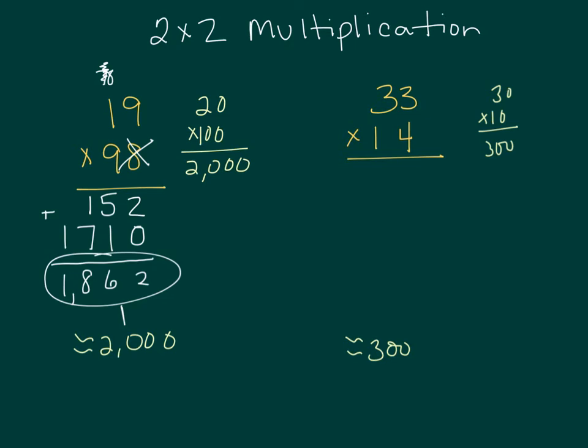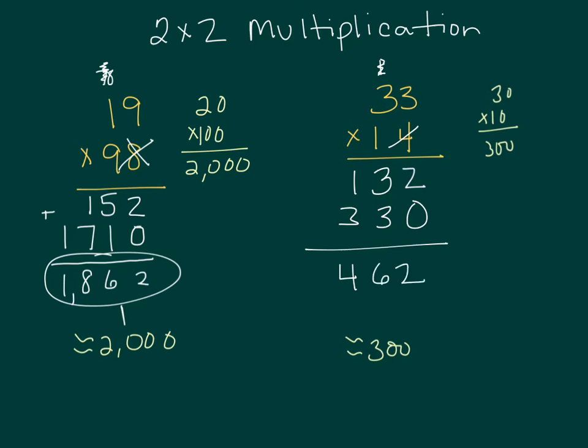The second problem, 33 times 14. Same deal, 4 times 3. 4 times 3, there's 12. I carry the 1, bring down the 2. 4 times 3 is also 12. But this time I can't forget the 1 up top. So 13. Done with the 4, and I bring down a 0 because the 1 represents 10. I can cross this off. Normally I would erase it, but my program does not let me do it. 1 times 3 is 3, and 1 times 3 is 3. I add them up together,